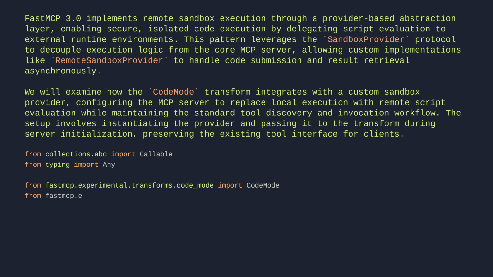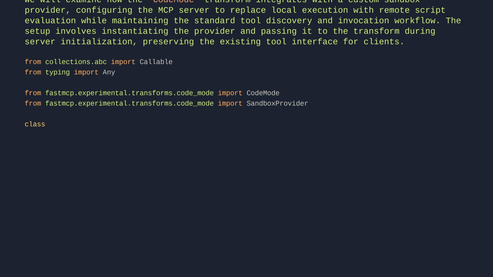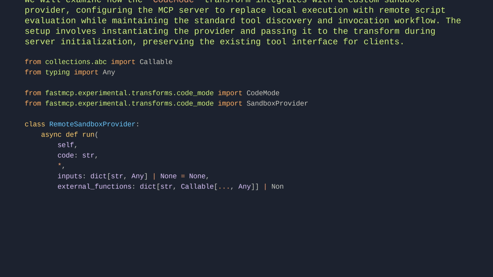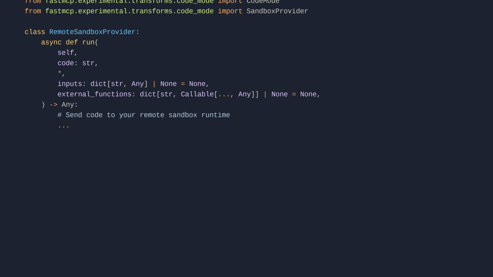From fastmcp.experimental.transforms.code_mode import SandboxProvider. class RemoteSandboxProvider: async def run(self, code: str, inputs: dict[str, Any] | None = None, external_functions: dict[str, Callable[..., Any]] | None = None) -> Any: # Send code to your remote sandbox runtime. mcp = FastMCP(..., transforms=[CodeMode(sandbox_provider=RemoteSandboxProvider())])